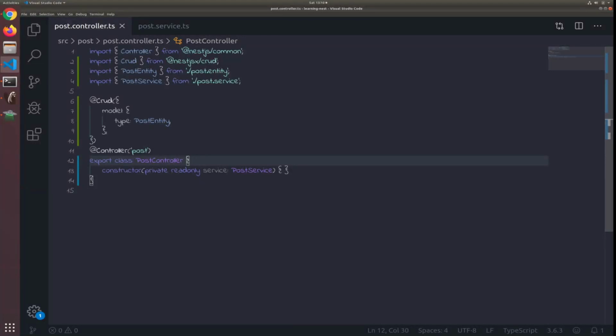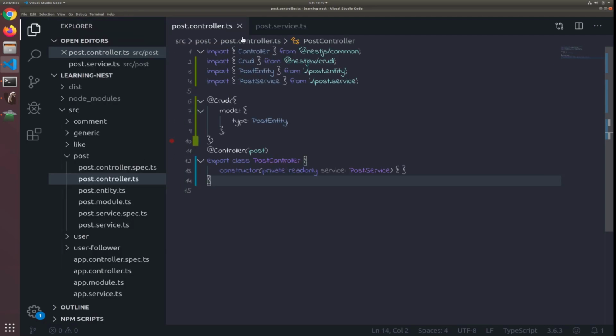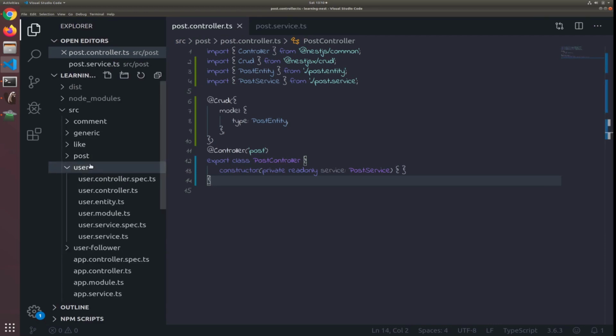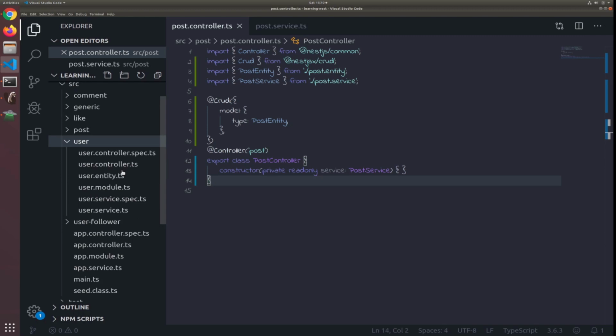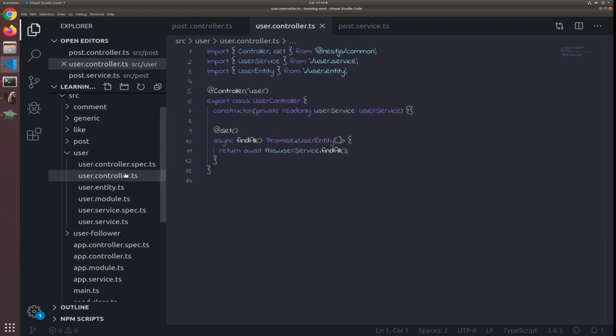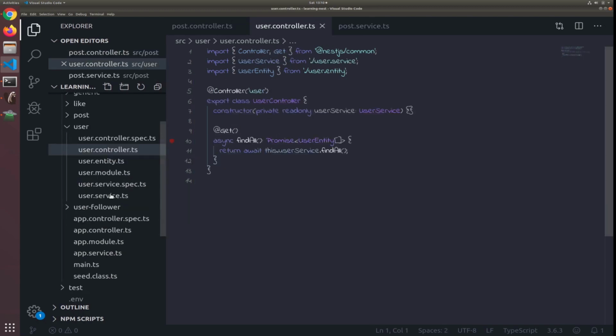Okay, let's try to do the same thing we did in the previous video for the other controllers. So let's start with the user. So we can just, at the end, play with them, join the data, disable some routes, etc. So I will go to the user controller, sorry, and the user service,